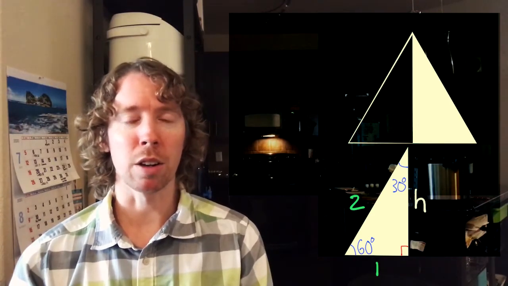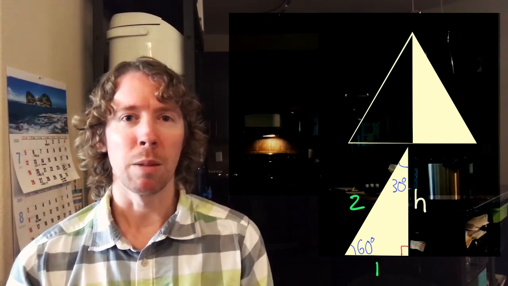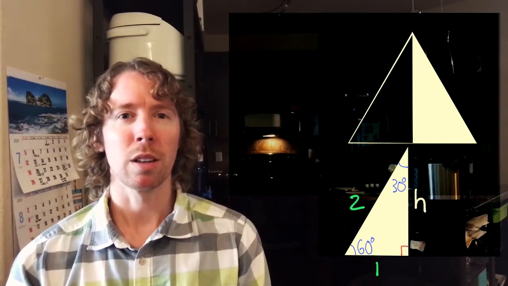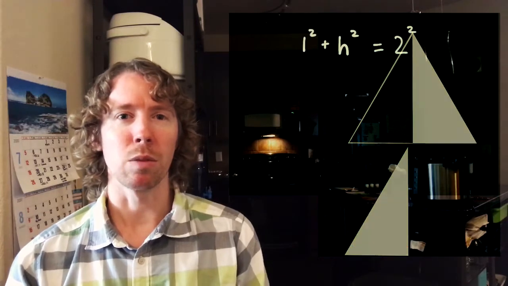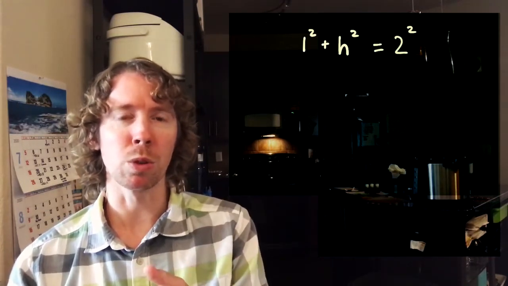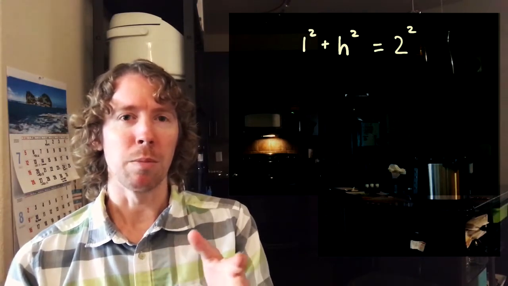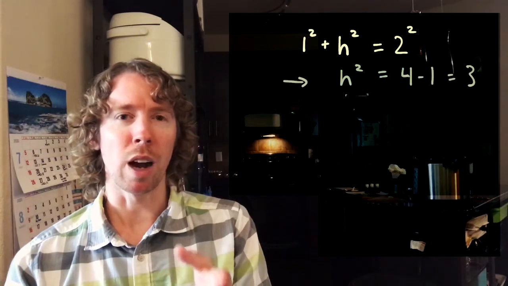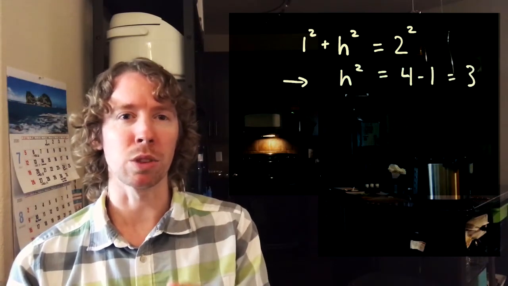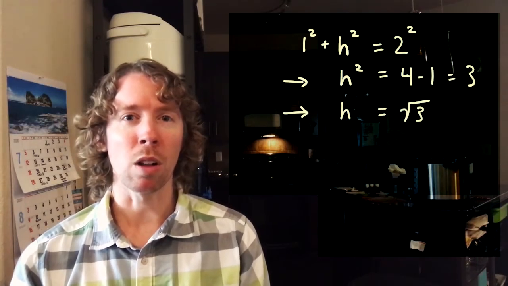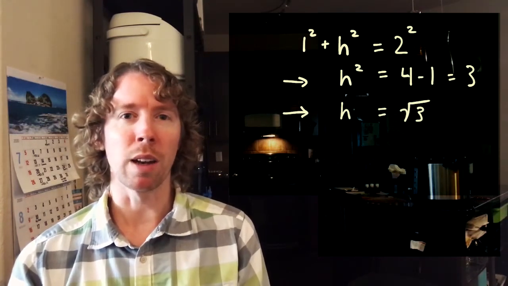The Pythagorean theorem helps me to do that. If you set it up, a squared plus b squared equals c squared, then you have 1 squared plus the height squared equals 2 squared. You can subtract 1 from both sides, and you get that the height squared equals 3, so the height is square root of 3. And now we can figure out what all of the trig functions are evaluated at 30